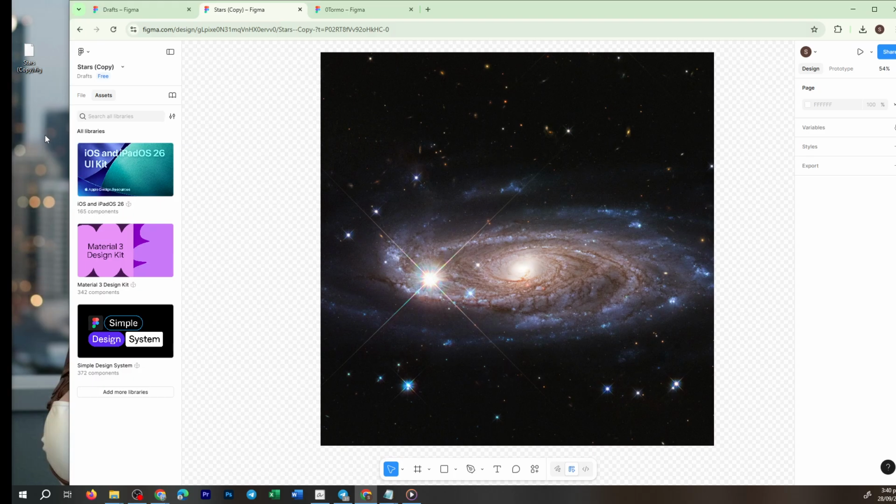And there you have it. That's how easy it is to save your Figma files directly to your desktop. This method is perfect for anyone needing quick access to their files offline or for backing up your work separately